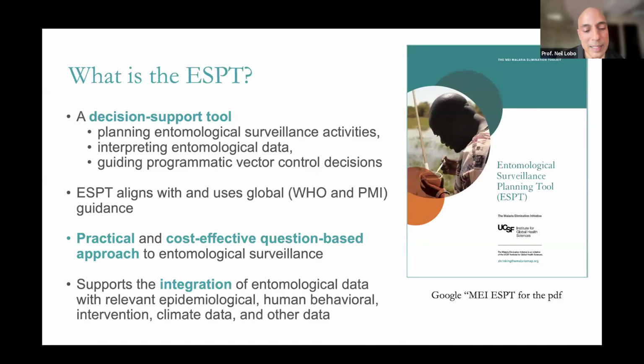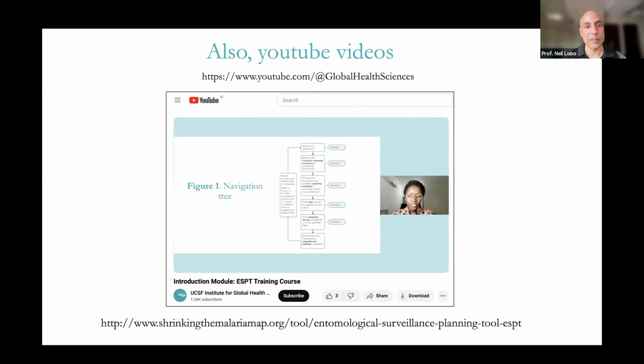So it's in our own interest to understand these other kinds of data: epidemiological data, climate data, other intervention data, human behavioral data, because it makes us better scientists. It makes us better decision makers. When we understand entomological data from other perspectives, how epidemiological data is functioning, the impact of entomology on epidemiology, and vice versa, we become better decision makers, and we can present our data better to the people who actually make these decisions.